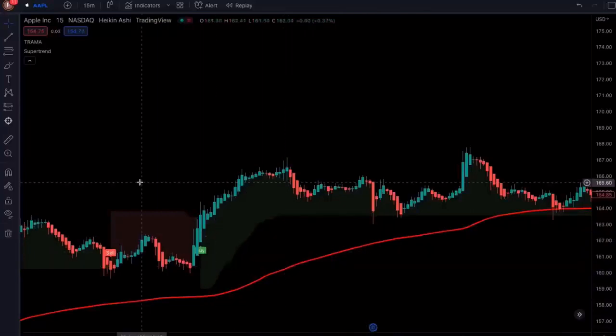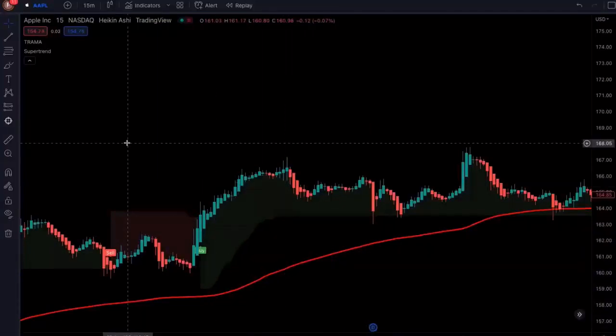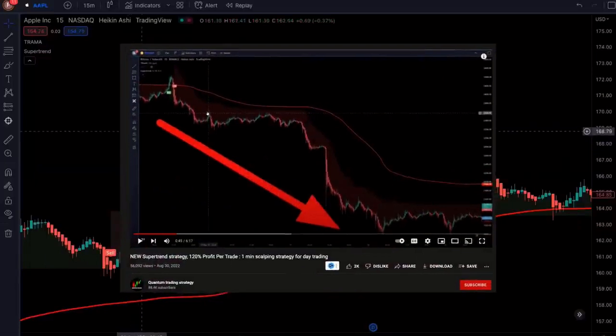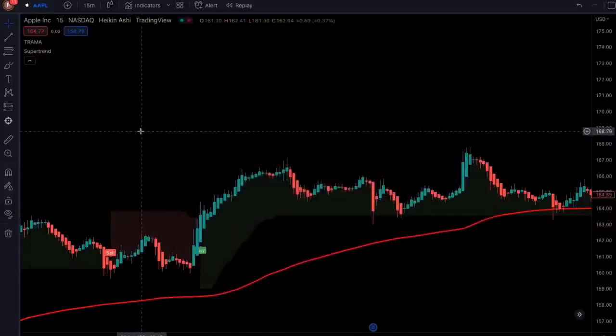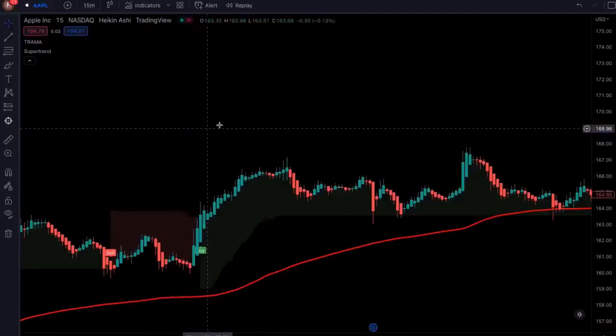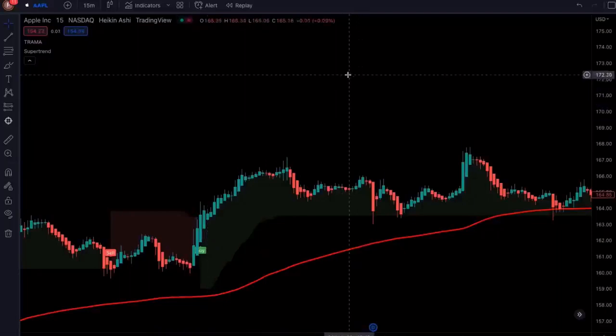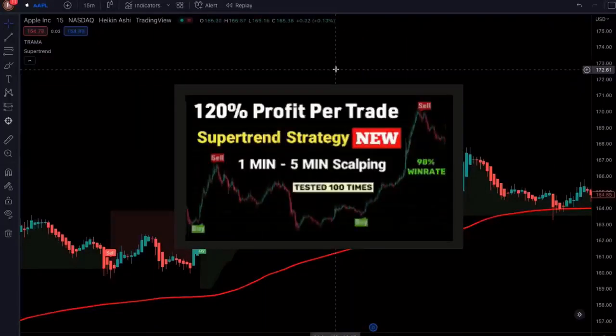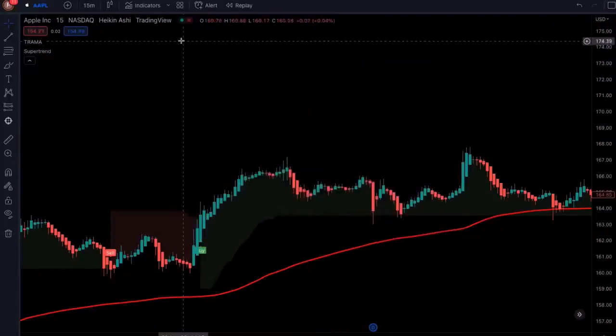In today's video, I'm going to be testing out the new Supertrend strategy by the Quantum Trading Strategy channel that claims to get 120% profit per trade. It's a 1 minute scalping strategy for day trading. Even though their thumbnail shows that this is for 1 minute to 5 minute scalping, they tested it out